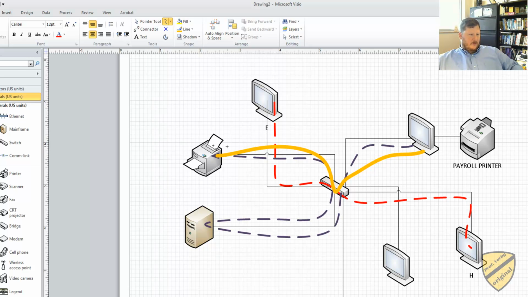If this is installed directly as an IP printer, and this computer sees it as a local printer, it can follow this situation that you see here in the orange, where it just goes to the switch, to the printer, and the document prints. Or if it's a shared network printer,